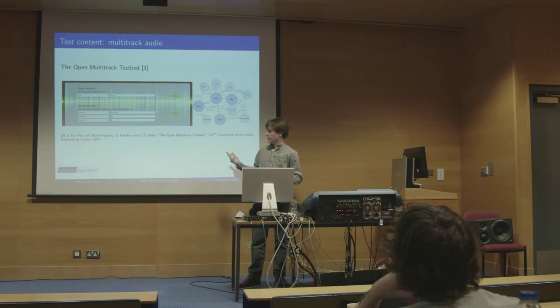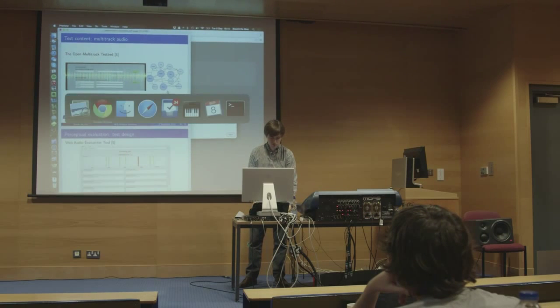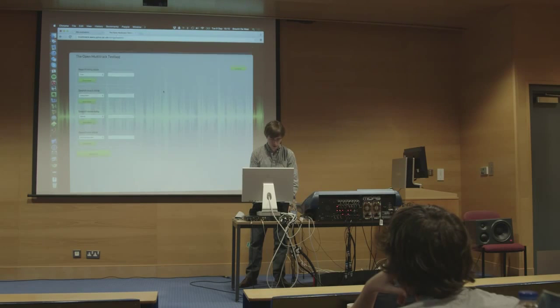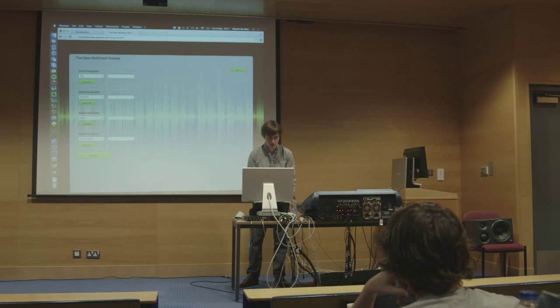It's called the Open Multitrack Testbed, and I can actually show it right now, I think, because demos are good, I think. So this is what it looks like. So the infrastructure is there. We only just got the funding to actually link it to all the various multitrack resources that we know of that currently exist on the web, plus some audio that we have ourselves, which we're able to share because of Creative Commons licenses. So it's a very easy concept where you can, for example, look for a multitrack which has